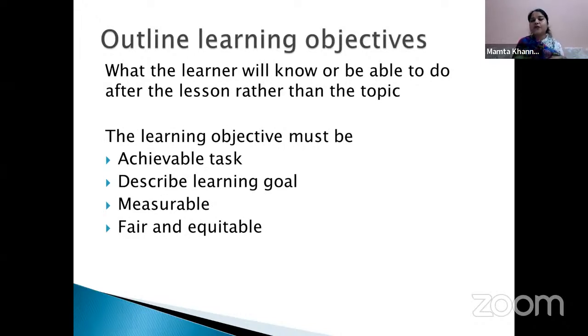And is it fair and equitable? What do I mean by fair and equitable? Is your learning objective, your lesson, or the planned activities meant for each and every child of your class, or is it truly meant for the creamy student or the brighter one? Or are your activities planned in such a way that they involve all your students and get the attention of all the students of the class or not? So this is fair and equitable. Moving ahead,